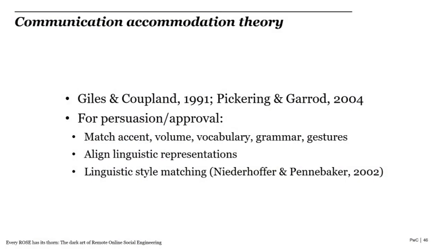Then there's communication accommodation theory. This goes back to the methodology I outlined earlier, where I talked about trying to match people's linguistic styles and mirroring and supplementing that. You've probably heard of it in some context before. It's where if we're trying to persuade someone or to gauge someone's approval, we will adapt our linguistic style, our way of speaking, our vocabulary and that kind of thing to match the person we're talking to. It's a similar principle to body language, to people trying to mirror someone else's body language if they're speaking to them.